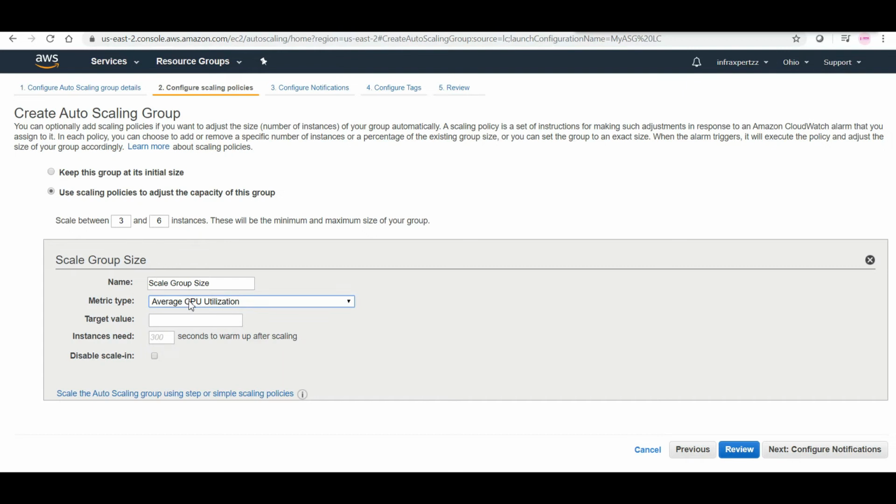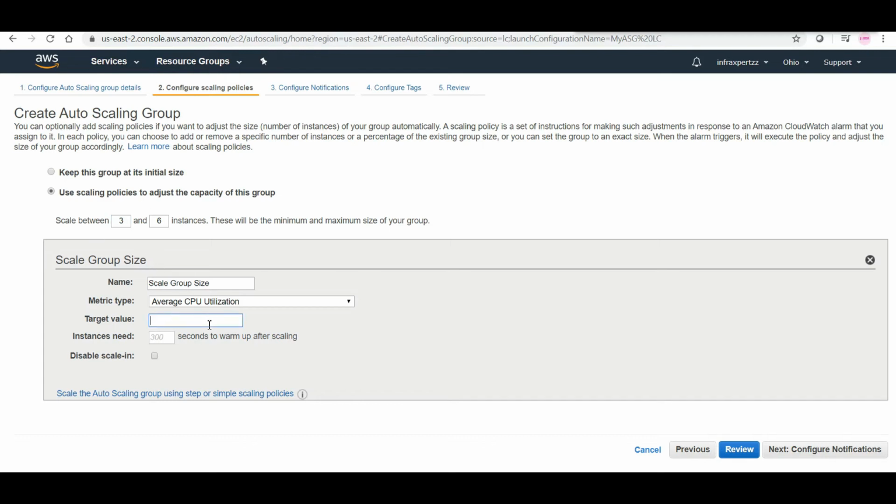So this means if the CPU utilization is high, it will scale from 3 up to a maximum of 6 instances, and if the CPU utilization is low, it will decrease from 6 to 3 instances.